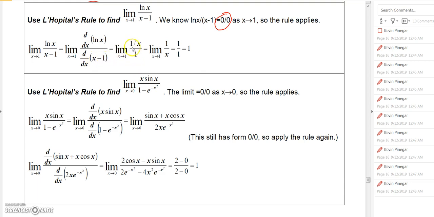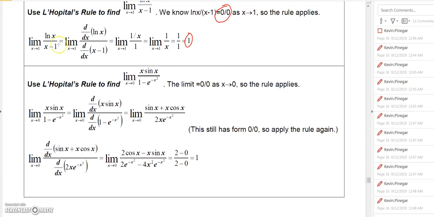So basically I get 1 over x over 1, which is just 1 over x. And then if we take the limit of 1 over x as x approaches 1, we just get 1 over 1, which is 1. Okay? Alright, now